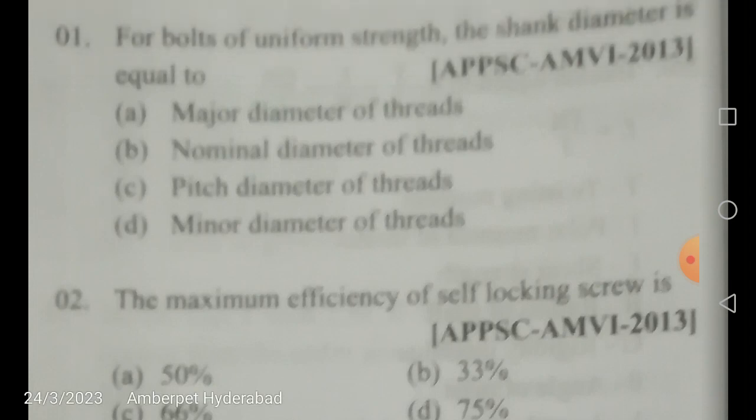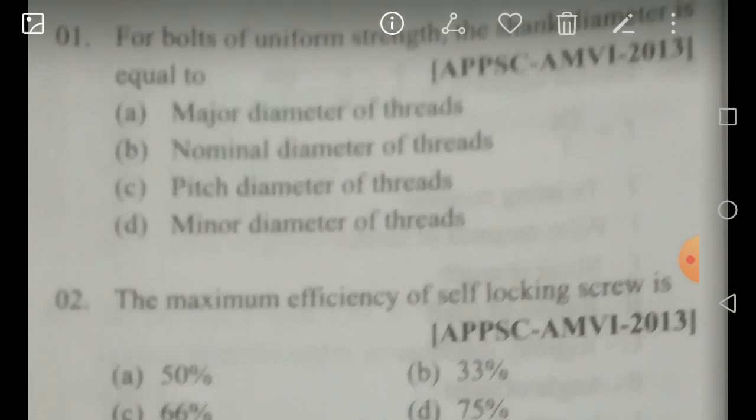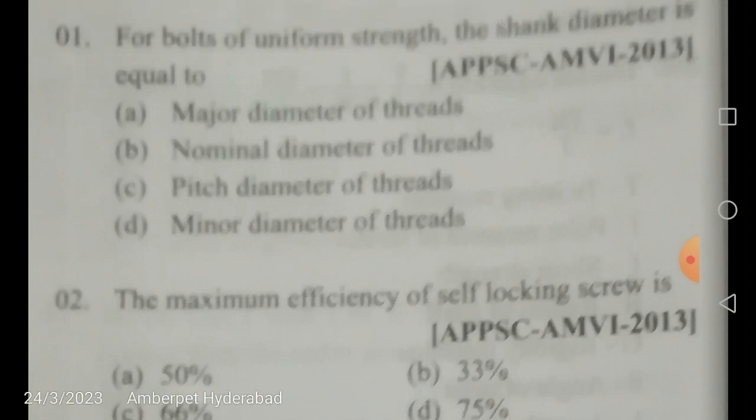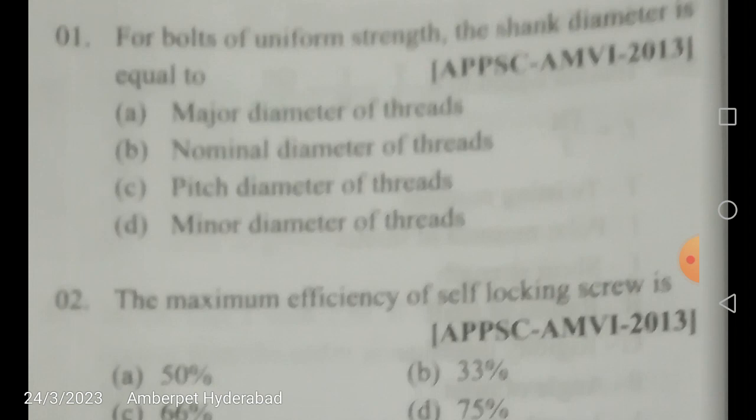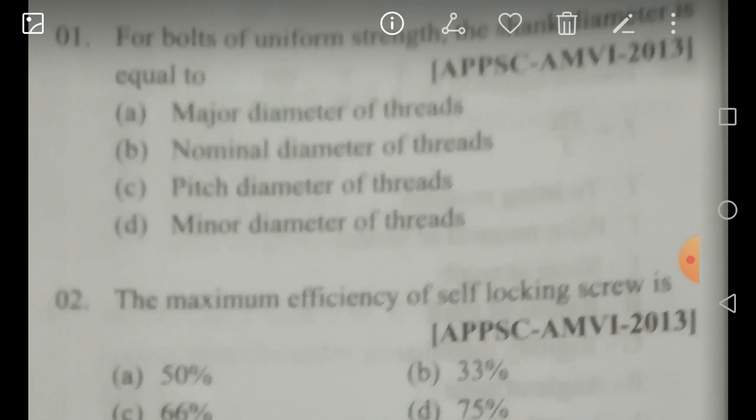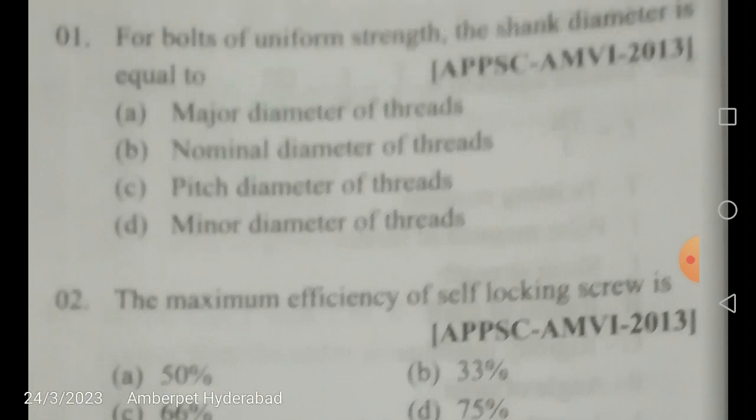the threaded portion. Now if the shank of the bolt is turned down, so you are actually decreasing the diameter of the shank to a diameter equal or slightly less than the core diameter of the thread, then the shank of the bolt will undergo a higher stress. This means that the shank will absorb a larger portion of the energy because it is the solid portion. Yes or no? And thus relieving the material at the sections near the thread from failure. So the answer is D.